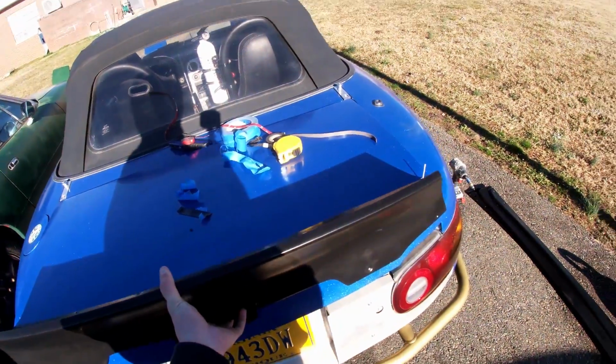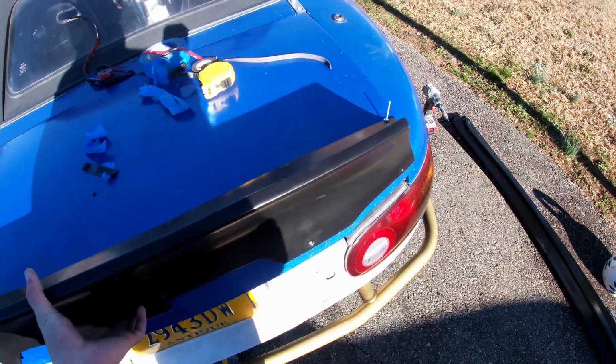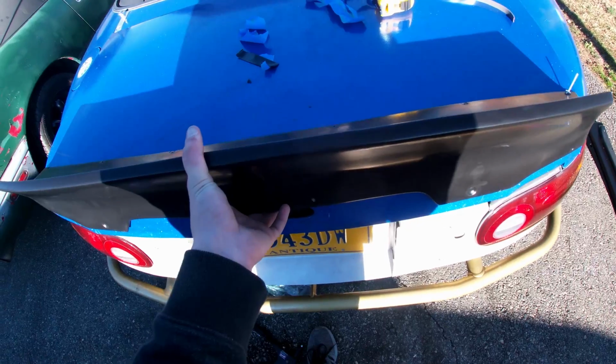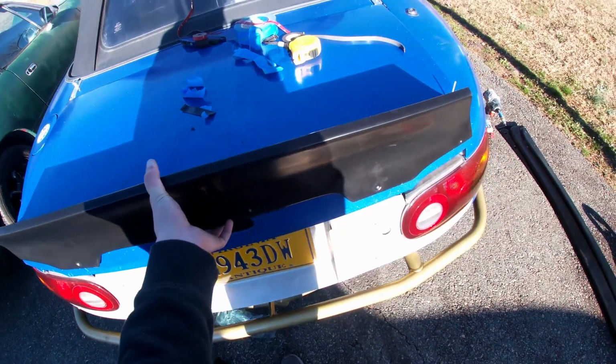Now I'll do it on the other side, and then I'll have both riv nutted. Well, I'll place the riv nuts in like they are now, so I can make sure it doesn't move, and then I'll drill out all the other holes. Once they're all drilled out, then I'll start